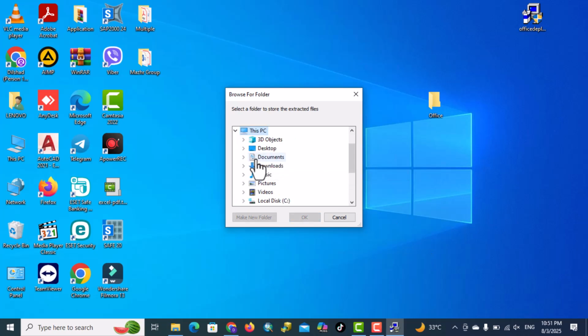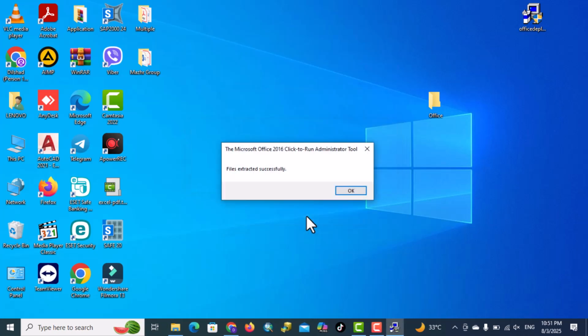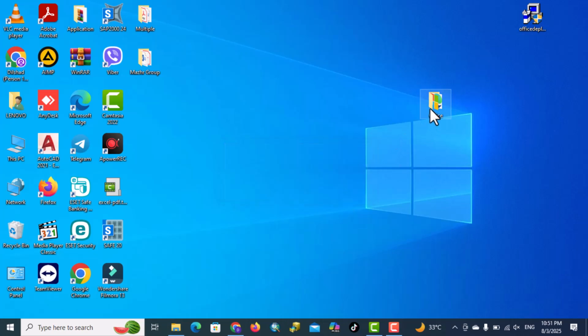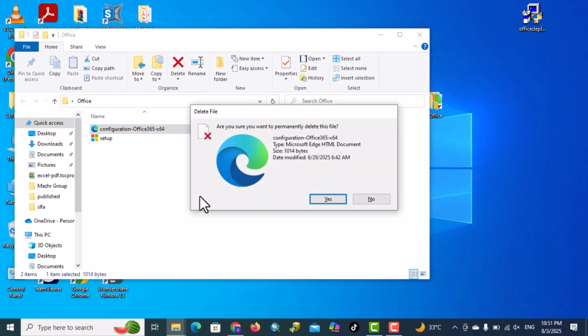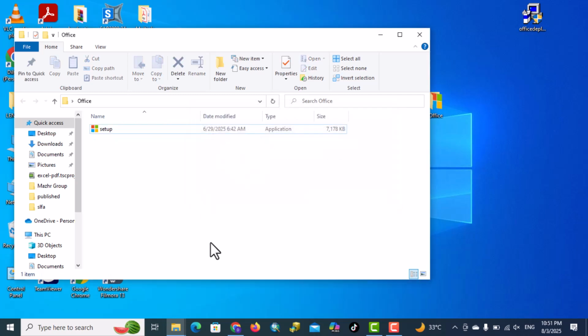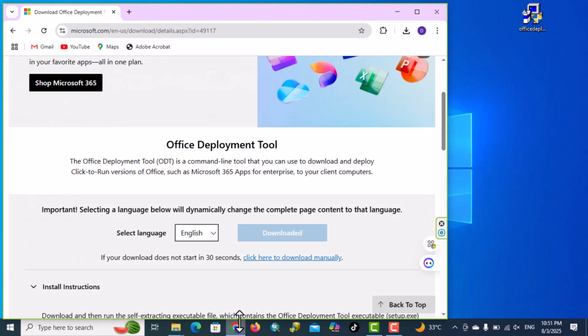Click into PC, desktop, Office. This is the file that we just made, and then OK. Our file is extracted successfully. Open this file. We have two files, and delete this one. OK. Open your browser again,